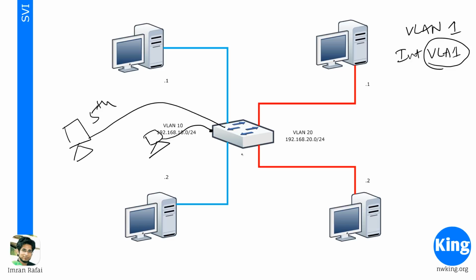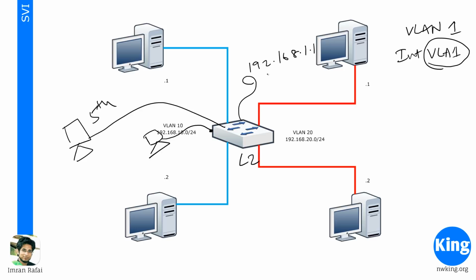But a switch being a layer 2 device, there is no IP address on the switch. There's no way you can go to each of those interfaces, let's say F0/1, and give an IP address, because a layer 2 switch cannot have an IP address on the interface, right? You cannot have an interface IP address on a switch. How do you solve this problem? That is where we create a virtual interface for VLAN 1. So that's a virtual interface, right? And we give an IP address to this virtual interface,